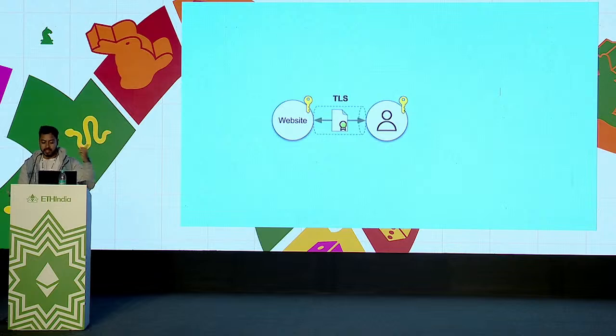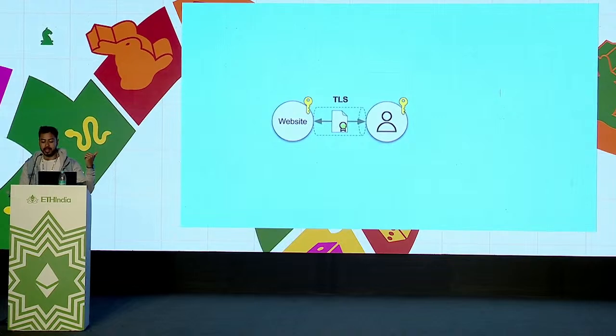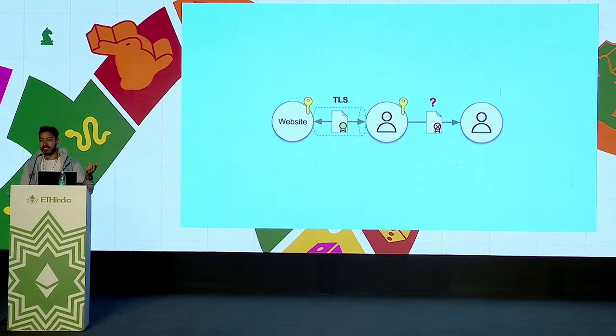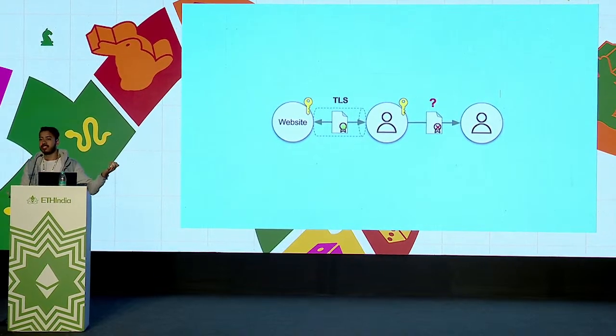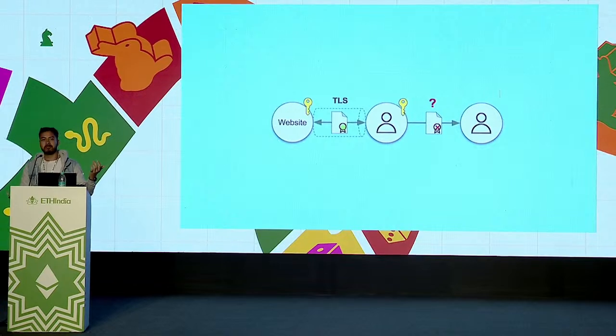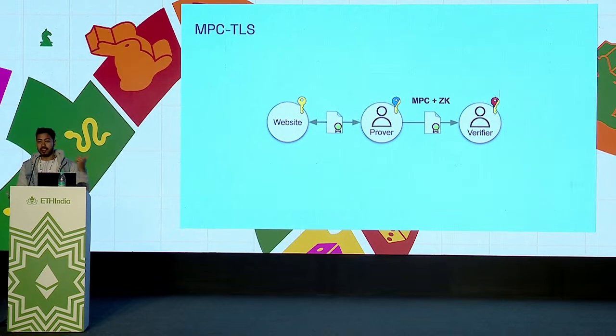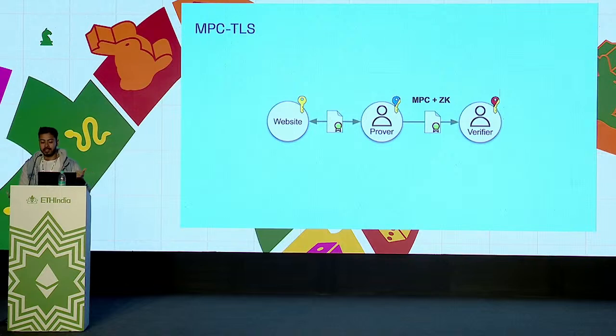So this is some of what I explained. Normally, you have the symmetric encryption between the website and you as a user, or Alice. And you can't prove it to Bob because Bob will not trust the data, because it's the symmetric key. You can change the data on your end. Basically, on your website, for example, you can do inspect element, change the data, and just send that data to Bob. He can't trust that.